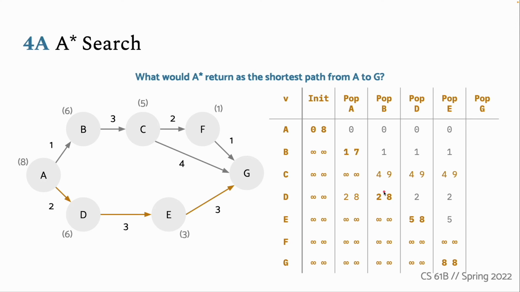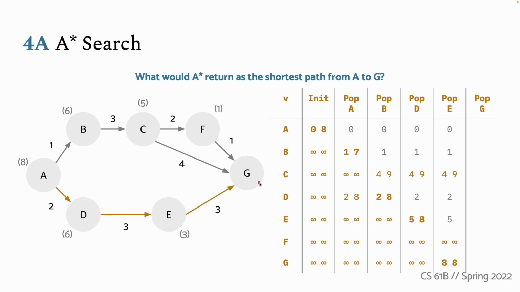So we're going to pop 2, 8 right now, and because 8 is smaller, we're going to pop D. And in doing that, we have to update the value for E. So E is 5 away from A and has a heuristic of 3. So we have that value of 8 down here, 5. Here is a great example that you can see that the actual distance doesn't matter. The distance plus the heuristic is what actually matters. So we're going to pop the one with the lower value here, even though it has the higher value right here. So we're going to pop E now, and then going from E, we have a straight shot at G,